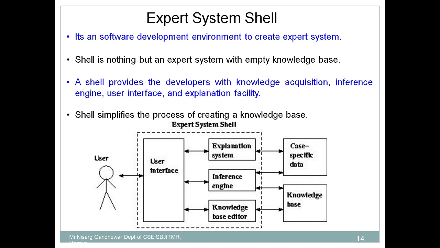This is important. Just consider two scenarios. One developer is developing an expert system from scratch, and another developer is using this particular environment to develop the expert system. Who is going to finish the task in a quick period of time? Obviously developer 2, because developer 2 is making use of an expert system shell. He makes use of the framework where he has to put in only the knowledge, which is extracted from the domain-specific expert, and that knowledge has to be stored in the knowledge base which can be used in an expert system. So this shell simplifies the process of creating a knowledge base. So these are the benefits.